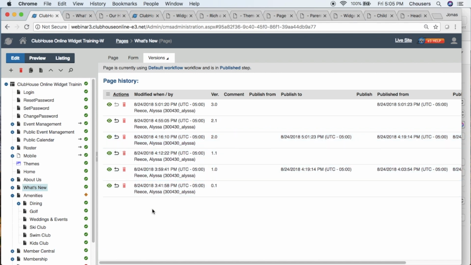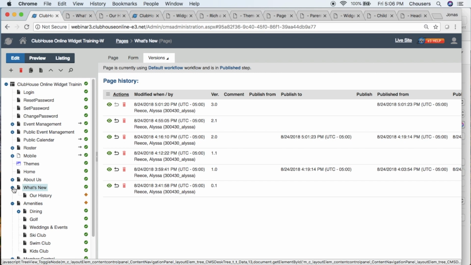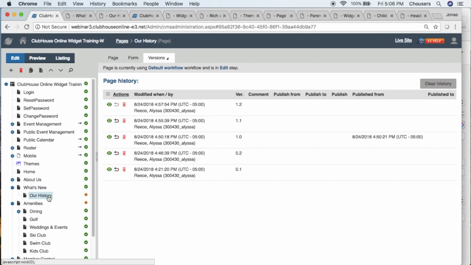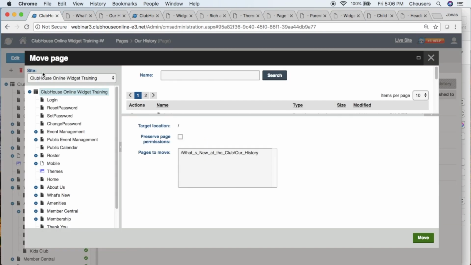Now the last thing we're going to review is how to delete and restore a page, because maybe you decide, I no longer need this page on my website. Just note, if you do delete a parent page, it will also delete any connected pages, so you will want to move those pages first. To move a child page, the easiest thing to do is select that page and click on the little move icon, which is the paper with the arrow. Then within the content tree, you're going to decide where you want to move that page to. So for example, About Us,